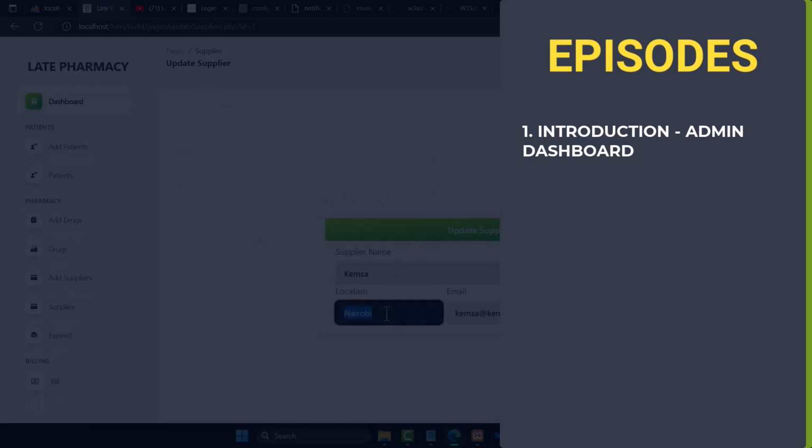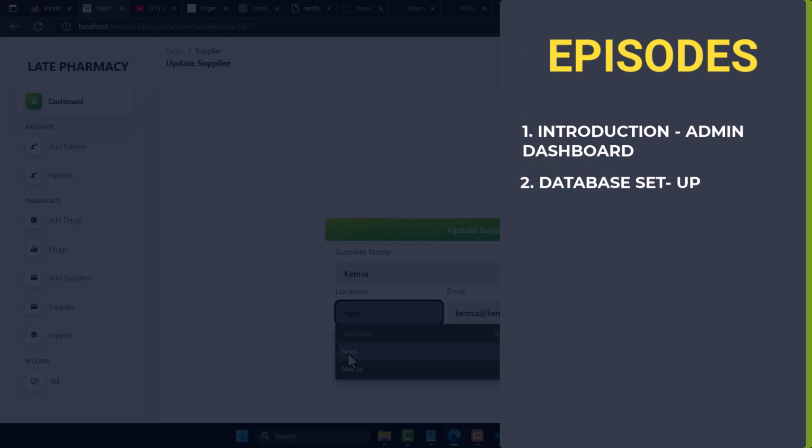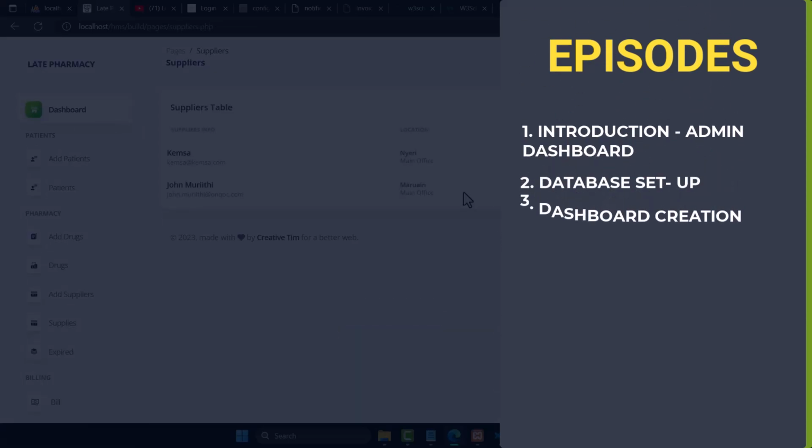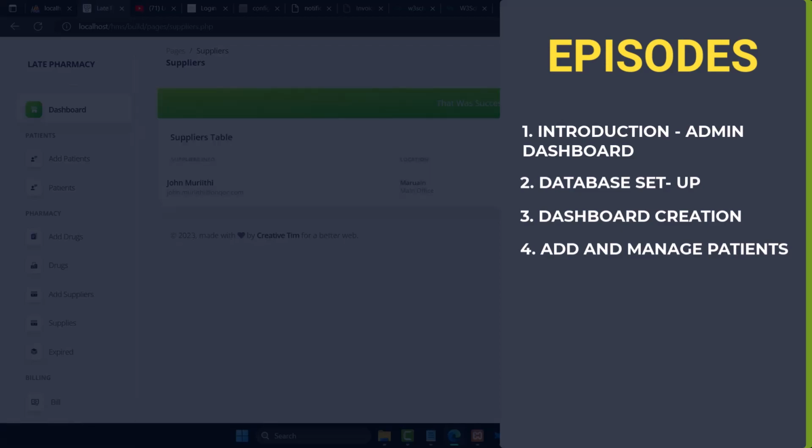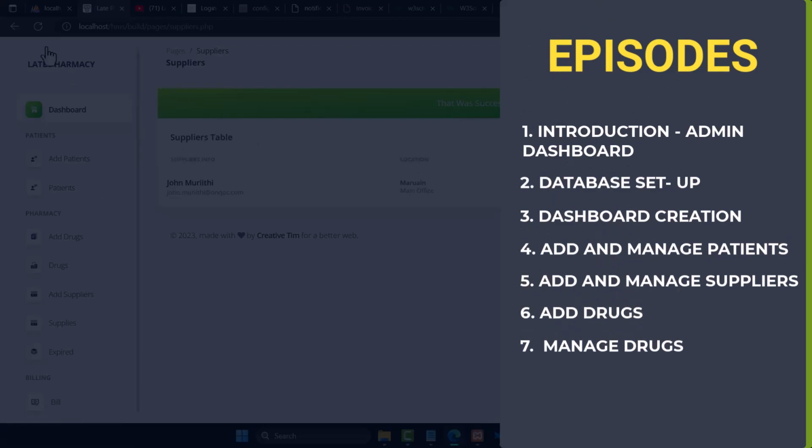In the second episode, we are going to set up the database. Then in the third episode, we'll be creating the dashboard now. And in the fourth episode, we'll be adding the patients. Fifth, we'll be managing the patients, rather. In the sixth episode, we'll be adding and managing suppliers. And then in the seventh episode, we'll be dealing with drugs, that is, adding the drugs into the system, and also managing the drugs in terms of editing,